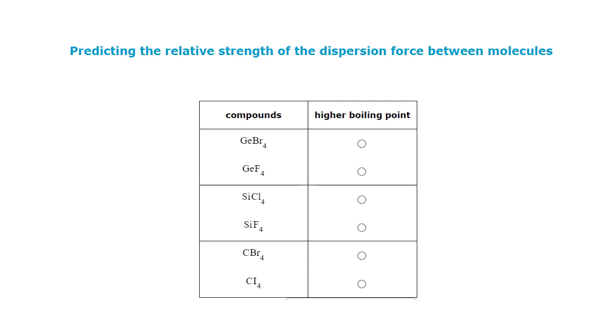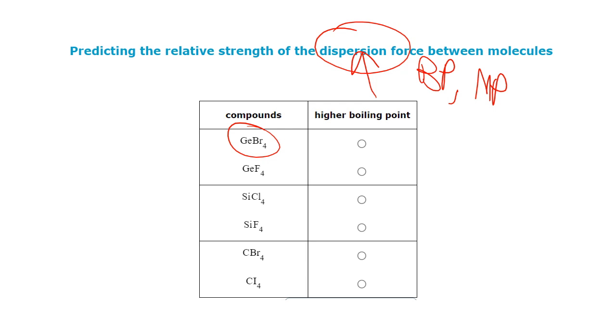So I'll just do one of these here. Now, as you go down the periodic table, the radius increases. So bromine, one thing I should have mentioned is as dispersion forces increase, so does boiling point or melting point. And as we go down the periodic table, we know that the radius increases. Therefore, GeBr4 is going to have a higher boiling point than GeF4. And that's just because,